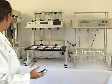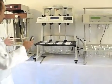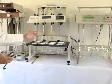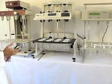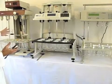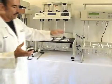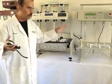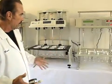We have 3 instruments here, Hansen, Van Kel, and Distech, and we'll demonstrate it on all 3 instruments. 2 of them have paddles, 1 of them has a basket shaft, so we can see the difference there. And they've all been preset with the proper tooling. A lot of tools are available for setting the height. We're not going to talk about those tools today. We're only talking about measuring the height. So we'll start with the Van Kel instrument,